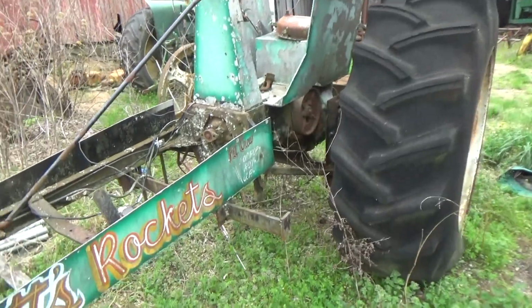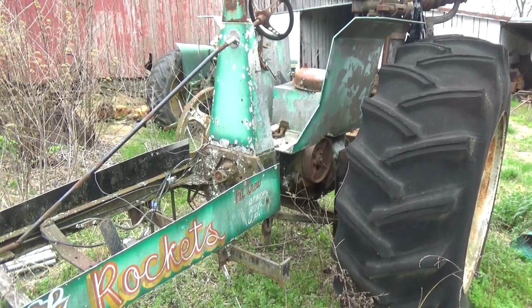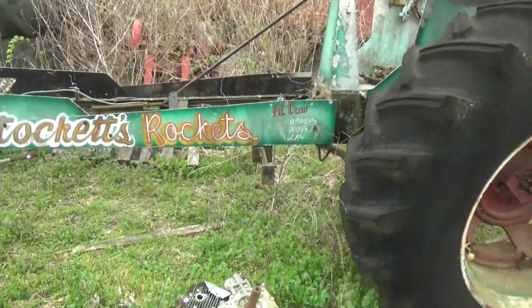Down there at Charles County Fairgrounds down at La Plata in the hot summer, and hey, it's kind of a cloudy, cool morning this Saturday morning, and I'm out here by Stockett's old tractor. Had some fellas